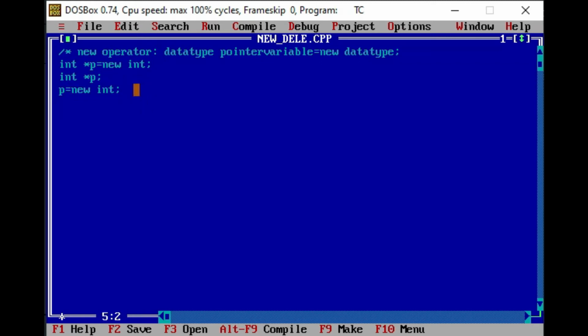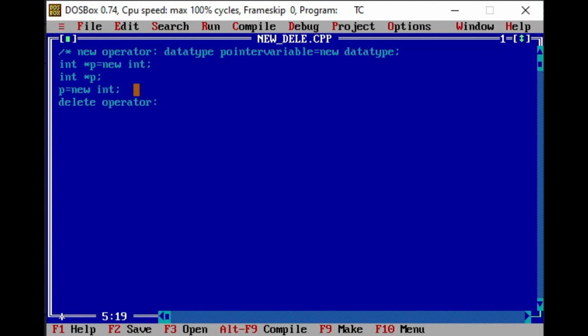Now the delete operator. The delete operator is used to release or free the memory. If we do not use the delete operator, the compiler by default uses it to destroy the data stored in a particular variable whenever we exit the program.